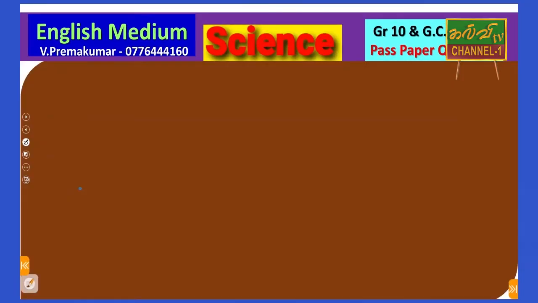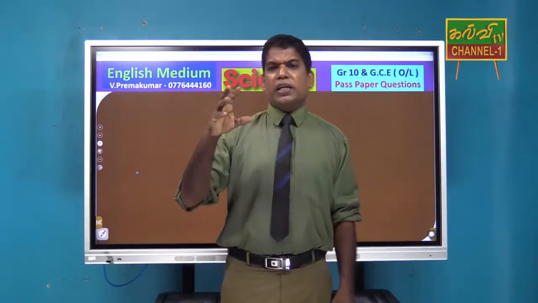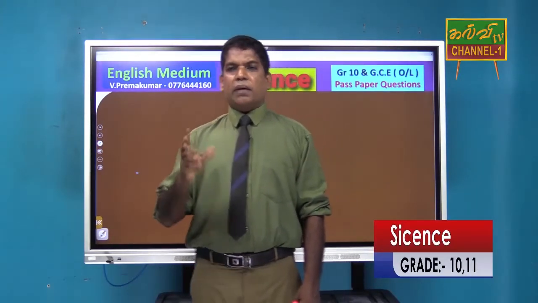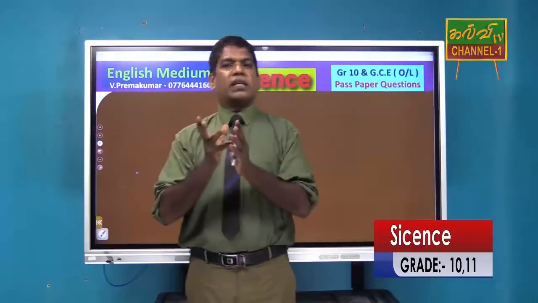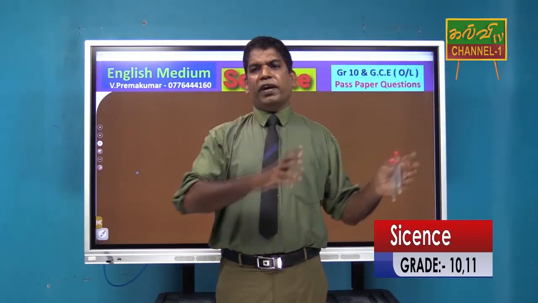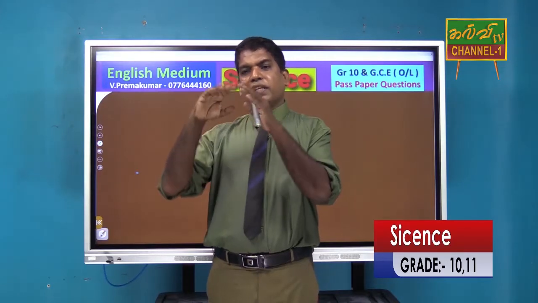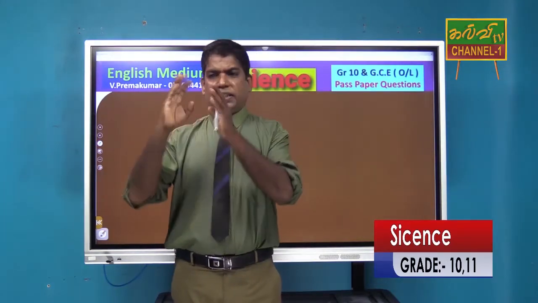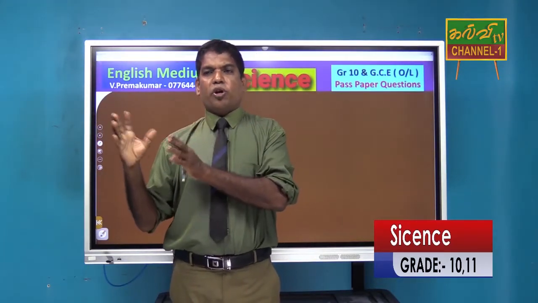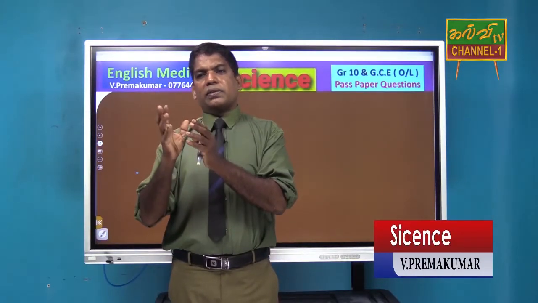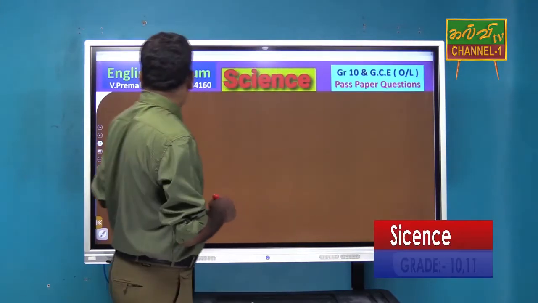Okay students, some plants bear seeds, some plants don't bear seeds. Some seeds are found without a cover, for example Cycas and Pinus. Some plants bear seeds with a cover. You know the mango also has a cover. Angiosperms, monocots, dicots, most of the seeds are covered, right? We are going to the next question.